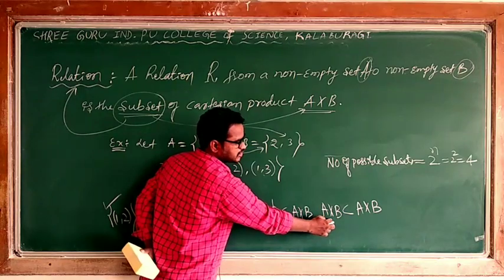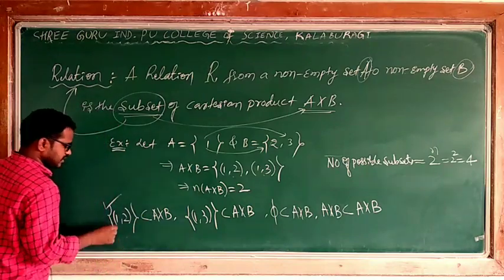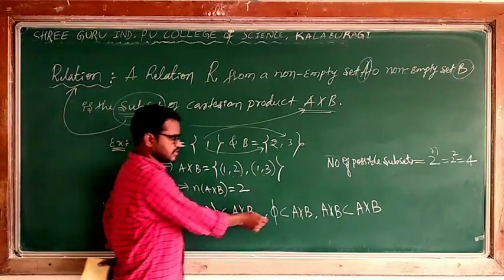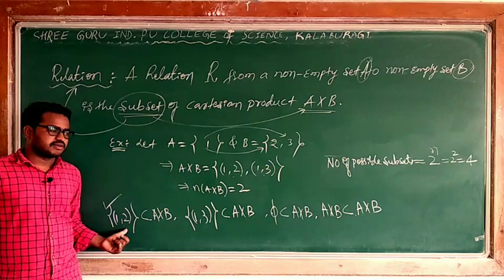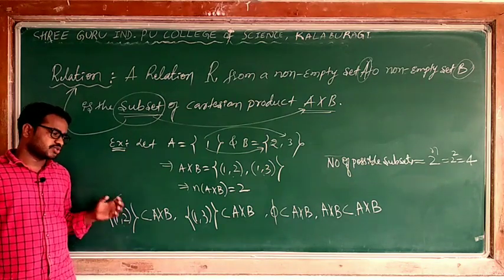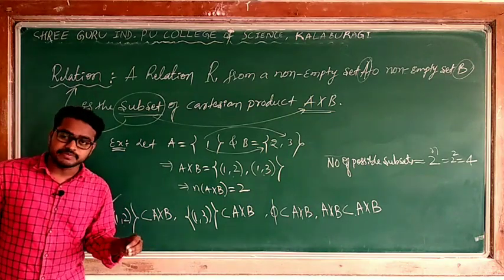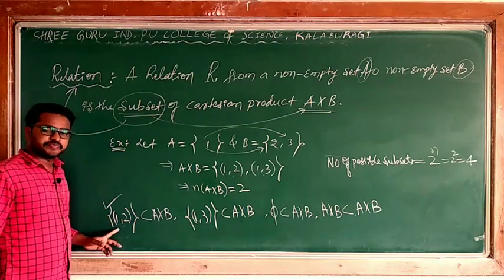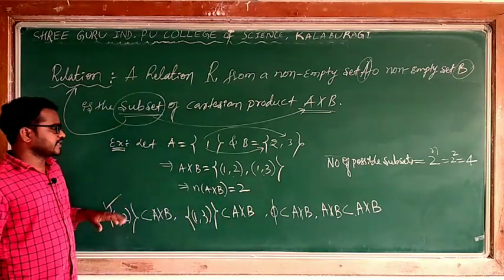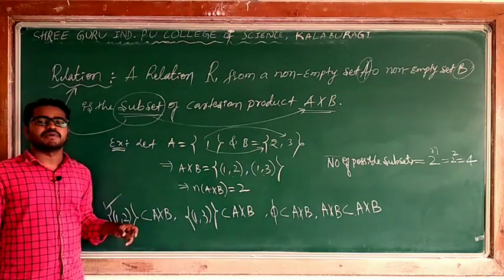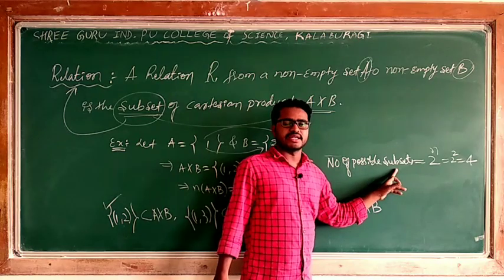A set itself is a subset, which means the Cartesian product is also one of the sets, and it is itself a subset. I can say this is the first relation, this is the second relation, this is the third relation, and this is the fourth relation. Whenever they are subsets of the Cartesian product, all of those are considered relations. A relation is nothing but any subset of the Cartesian product. Using this, I can say how many possible relations we can form. It is like the number of possible subsets.